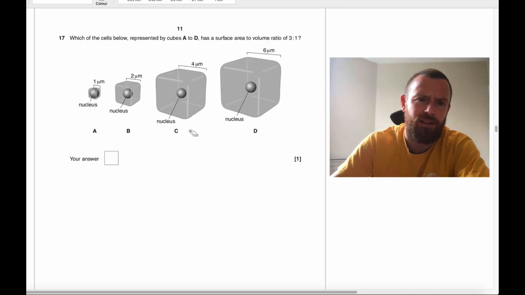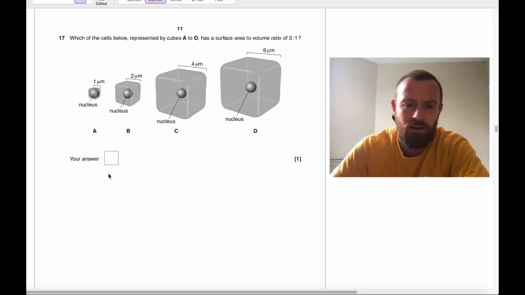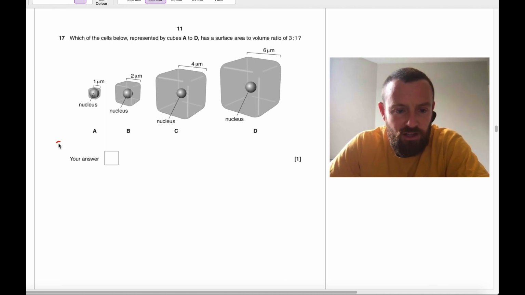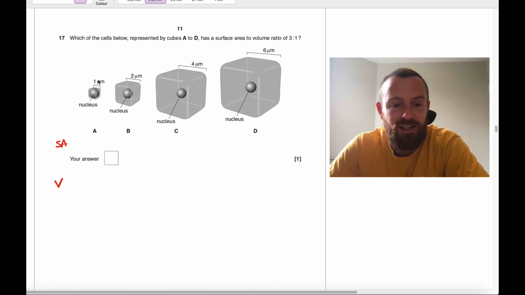Okay, question 17. This is a bit of a pain. You've got to do quite a lot of calculations. So first of all, we're going to have to work out the surface area. Then we're going to have to work out the volume, and we're going to have to do the ratio. So the surface area is 6 times the square, okay? So this is 6 times 1, which is equal to 6. This is 6 times 2 by 2, so 6 by 4,